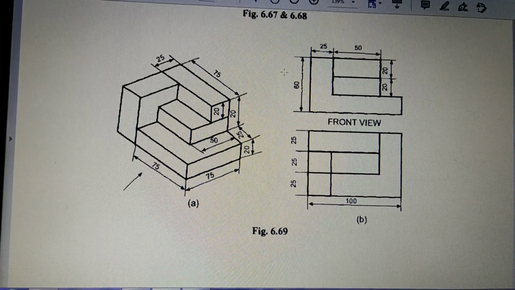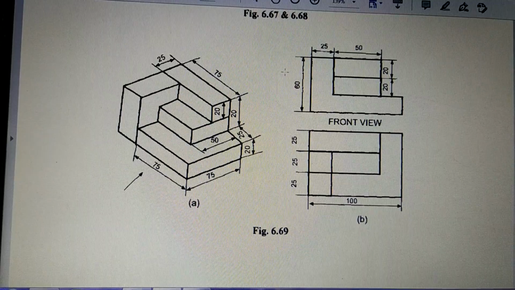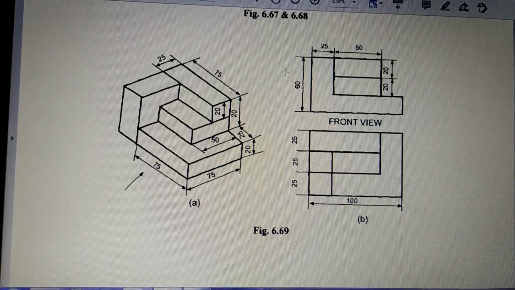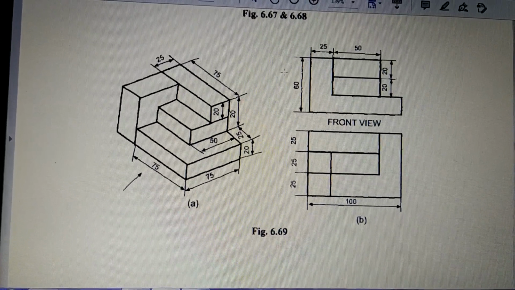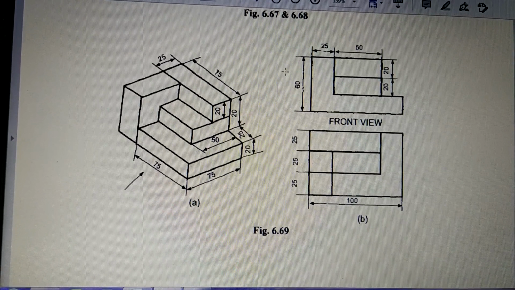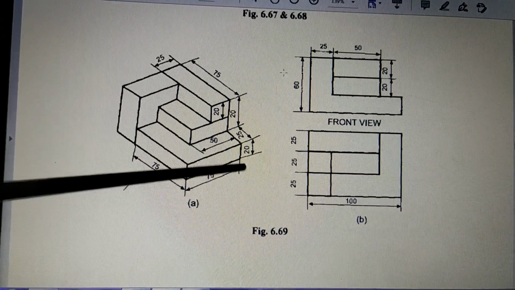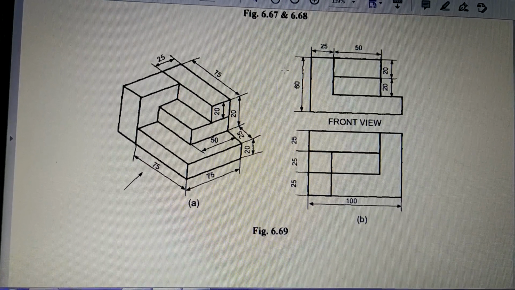So we have extended the same topic further, orthographic projections, but today we have seen objects which were slightly more complex than the last time's objects, and in the process we have learned something more. And we also have seen the figures which were given dimensions. So how to draw by making use of dimensions, that is also what we have learned. So we have moved one step further after today's lecture.